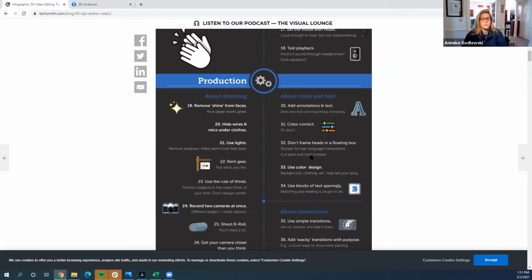Record with 2 cameras at once. Different angles offer more options. Again, that's a really good tip, especially if you're doing video testimonials with your clients. You can have one camera on that person only, and then you can have another camera on the 2 of you. Again, with COVID, I know it's totally crazy, so things are going to look way different right now, but